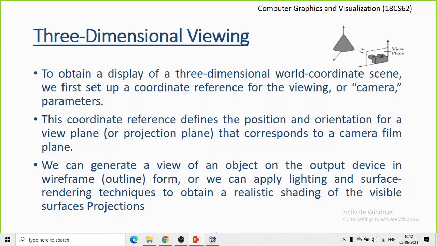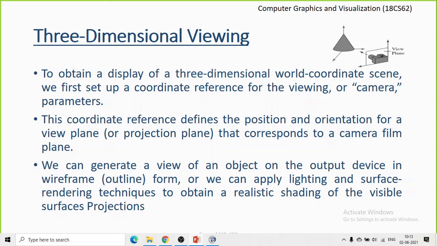So we can generate the view of an object on the output device in the wireframe form, that is, only by drawing the outlines of a given object, or we can also apply the lighting and surface rendering techniques to obtain a realistic shading of the visible surface projections. We have seen what the different types of lighting we can apply are.